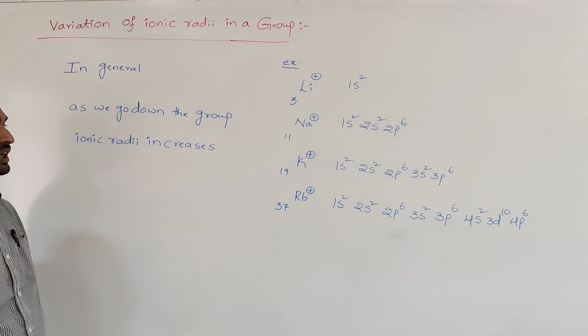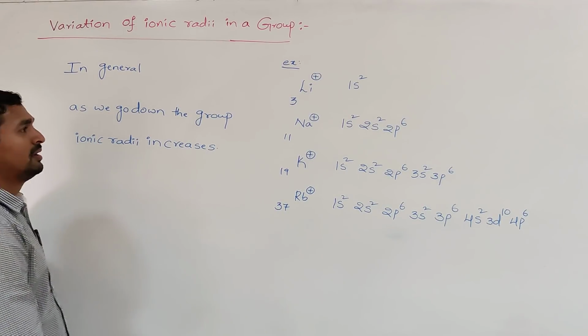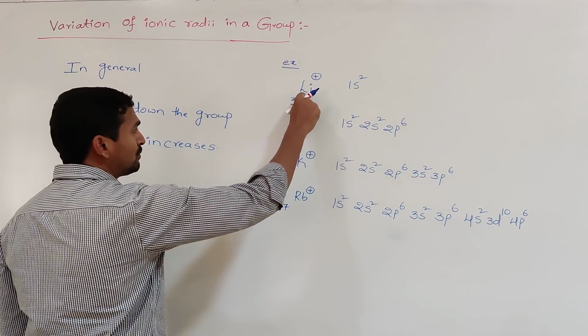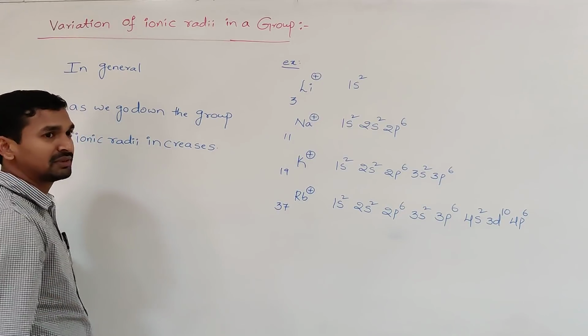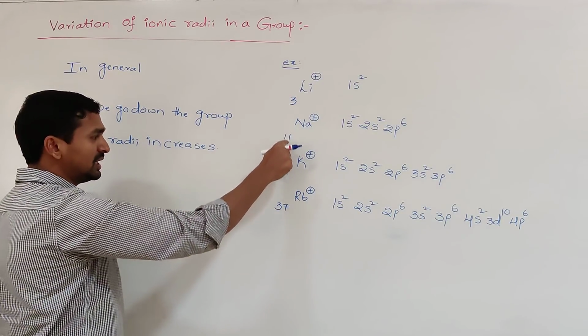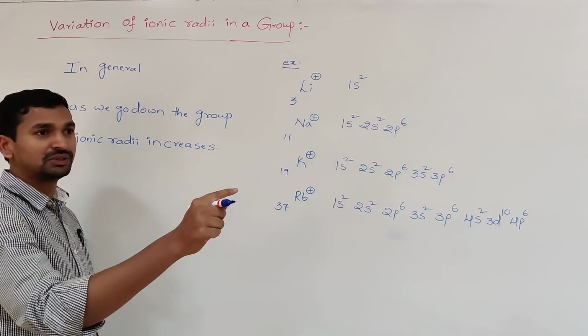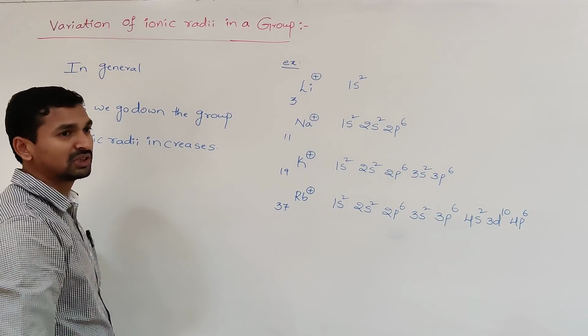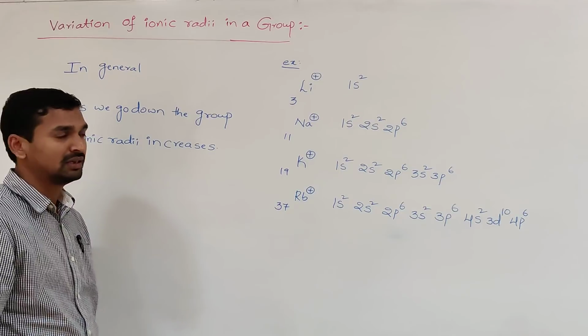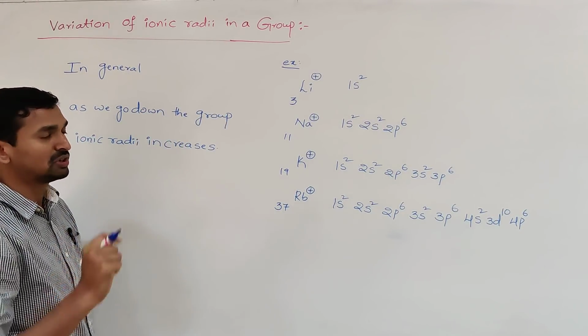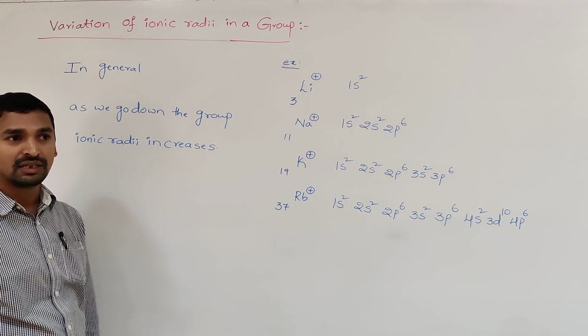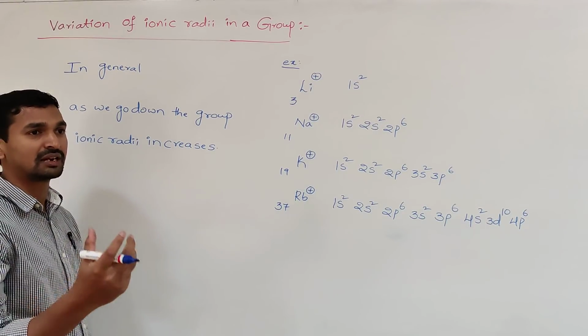The positive charge will remain the same. Now, as we move from lithium to rubidium plus, the positive charge increases. When the positive charge increases, the net positive charge experienced by the outermost electrons also increases. When the net positive charge experienced by the outermost electrons increases, the atomic radii, that means the electrons present in